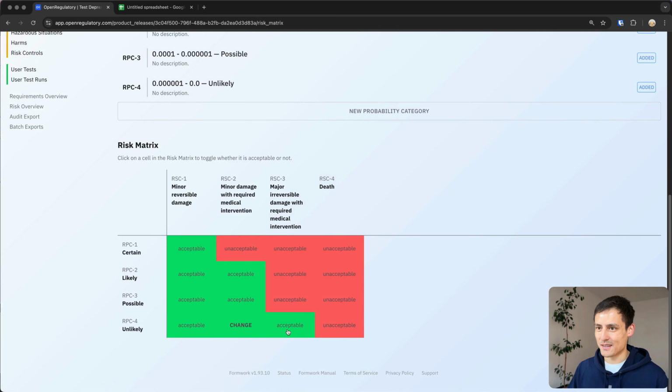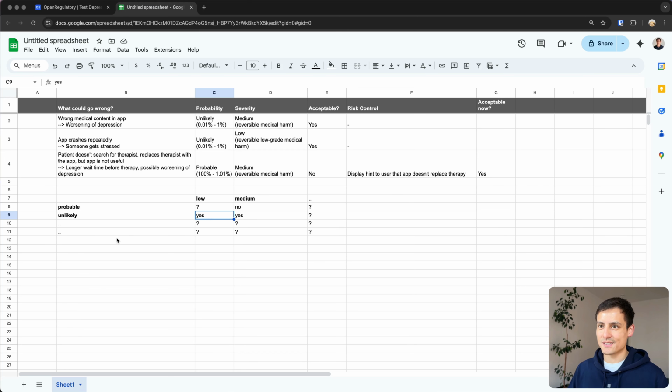And it is a bit involved, but I think it is quite possible with the knowledge which we've gained so far. So let's look at how that works in Formwork and what our simple Google Sheets risk table is missing, unfortunately, which is why we can't use it. In the past, we looked at this super nice risk matrix, and I didn't really change that. We also had this nice and simple spreadsheet risk table. And now the super interesting and quite challenging part is that we have to move all the thoughts we put into this content into the Formwork risk